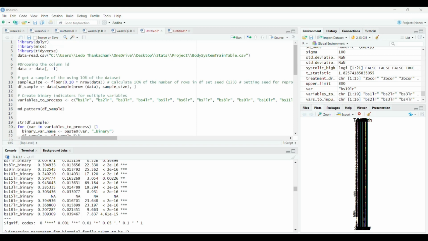So to solve our second question, first we load the necessary libraries and load the dataset. We are going to be using dplyr, mice, and tidyverse: dplyr and tidyverse to manipulate the data, and mice to do multiple imputations. After that, we are going to drop the first column, that is the ID column, from our database. Then, since it asks us to use only 10% of the data, we are going to reduce the sample size to 10%, and then we are going to sample it at random. Once that is done,